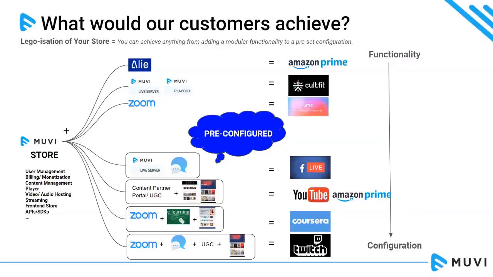So when you activate this product, everything is pre-configured. You have to do a few settings to be able to start using our algorithms to recommend content on your store. It could be related content, it could be featured content. There are many use cases where you want to recommend content on the store. Today we support it on related and featured content categories on your store, which is typically when you go to